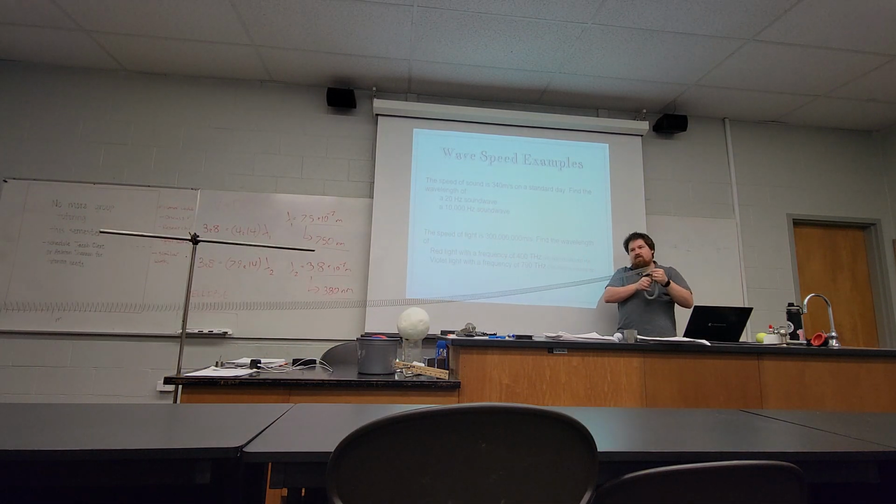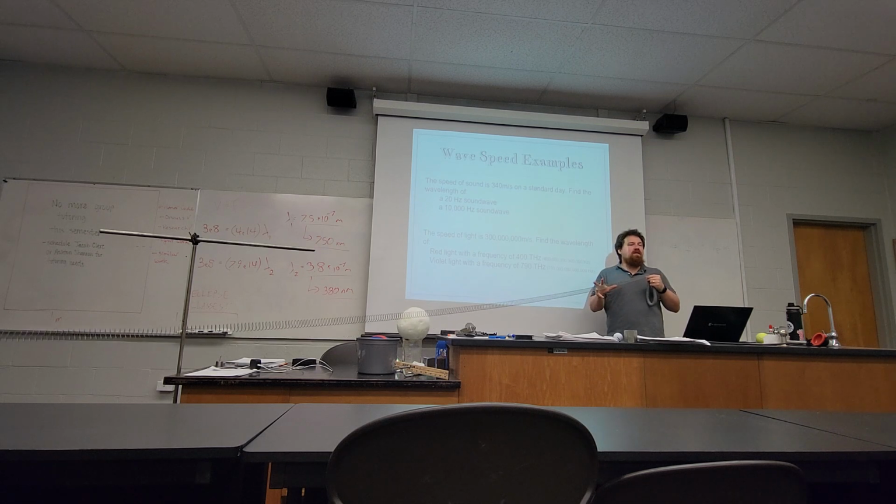All right, so wave speed is determined by the wave type and the wave medium. I've reassembled my spring mechanism to demonstrate that no matter what frequency I try to drive this thing at, the wave is still going to move from one end to the other, at approximately the same speed. The only way to change the speed of a wave is to either make a different type of wave or to change the material it is traveling through. In the case of this spring, I can do that by physically changing the mechanics of the spring. If I make it tighter,